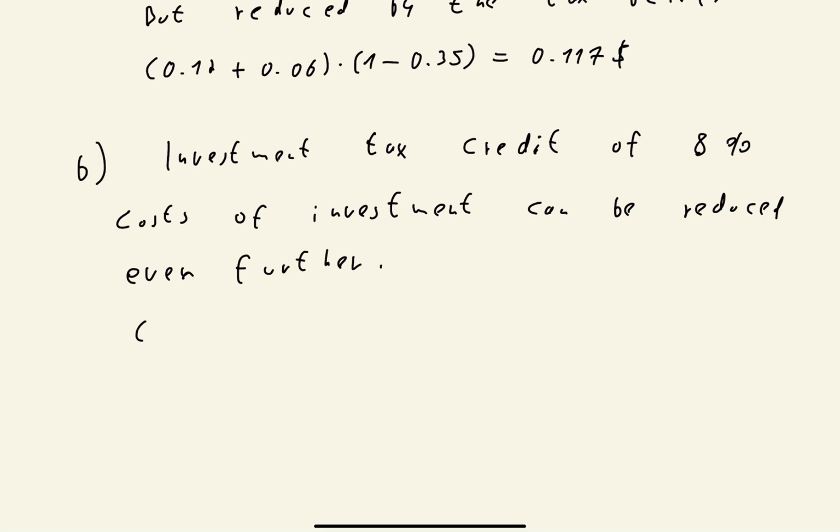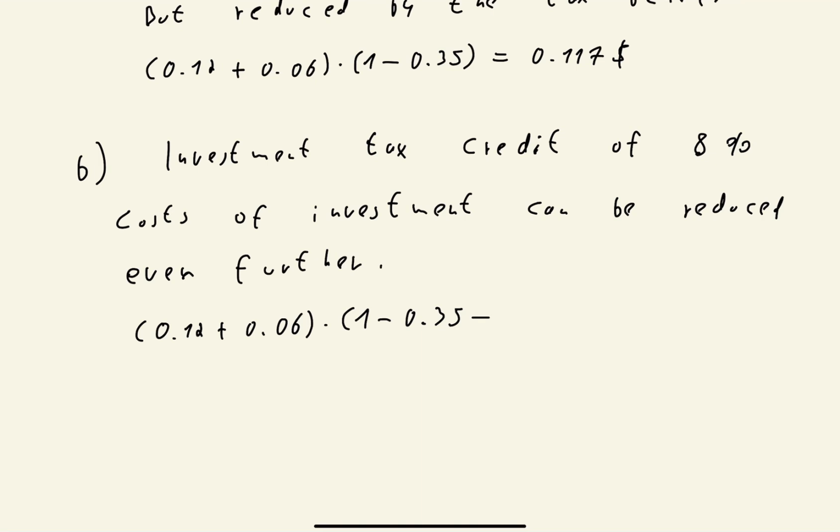So it's depreciation, 0.12, plus the dividend yield, 0.06, times 1 minus the... it depends whether you're allowed to expense the machine or not, because it's not clear from the exercise whether you're allowed to expense the machine in sub-exercise B. So let's assume you can, in addition, expense the machine. So then it's 1 minus 0.35